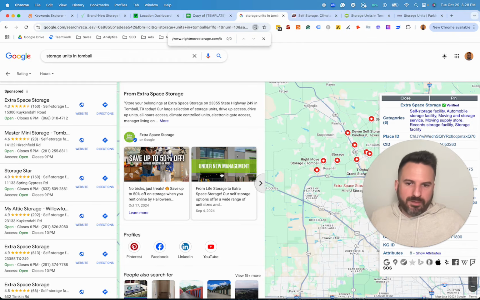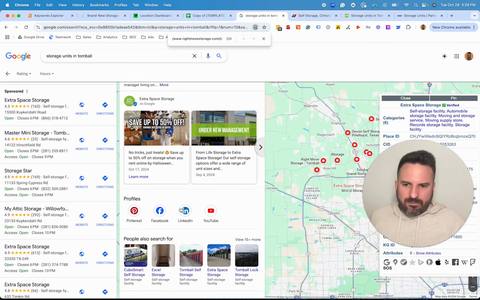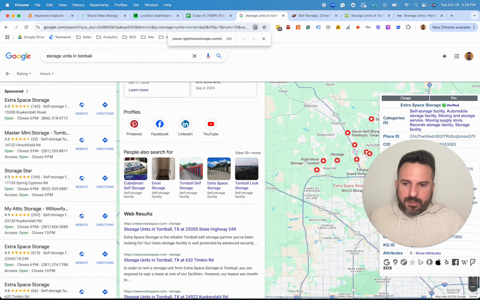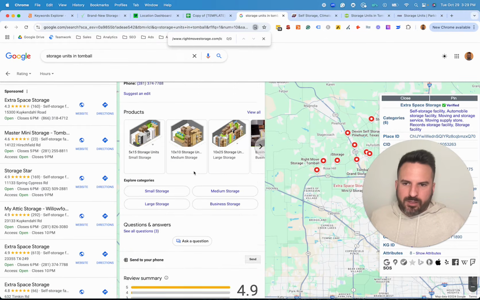You can put promos here. If you write any blog posts, you could highlight those. But really the main thing is just the activity level. Now, social media links as well. You can see how they have links to all their core social media profiles, and it's something we're not leveraging